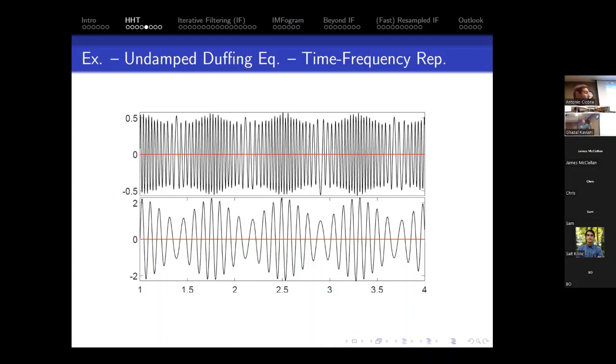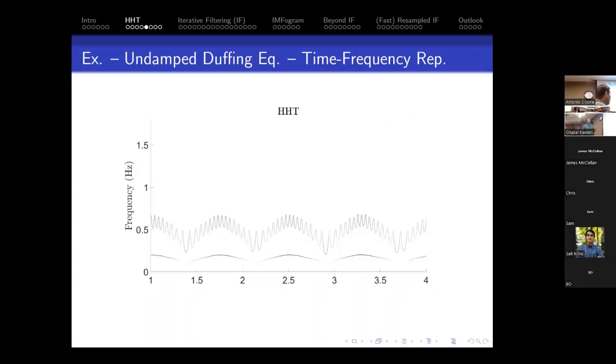So, and now you get, as expected, two components, okay? What you expected by naked eyes checking. And now, for each of them, we do the Hilbert transform, and we get the instantaneous frequency. We put together the two curves, and that's the plot that you get. And now you see that we have a low frequency oscillation and an average frequency, which is extremely non-stationary, okay? And this explains a lot of things.